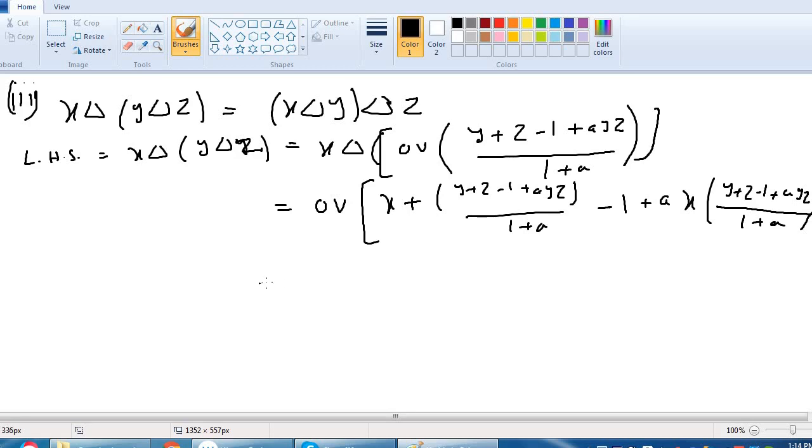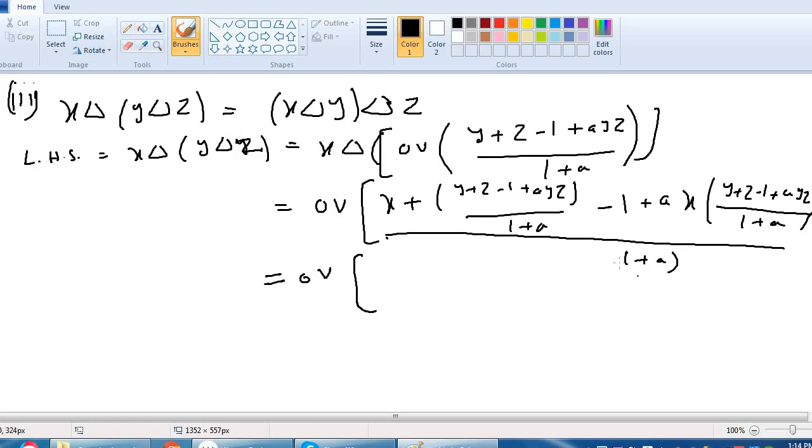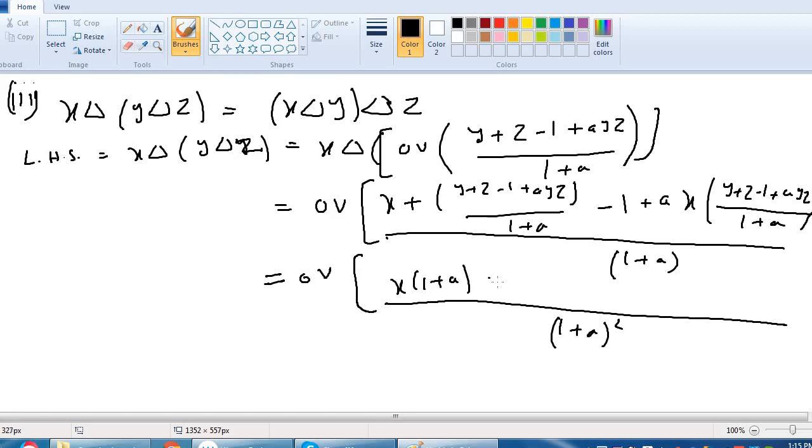Again this is equal to 0 union. We take 1 plus a here, 1 plus a, the formula. If we take the LCM as 1 plus a, then we get 1 plus a whole square, and here we multiply x with 1 plus a, it will become x into 1 plus a plus, it has 1 plus a